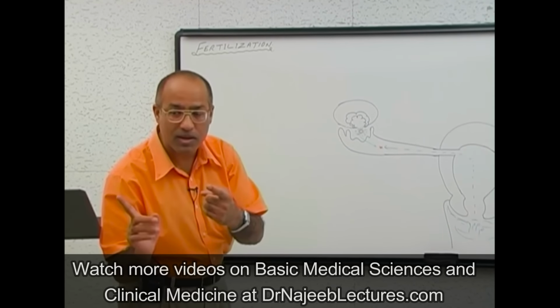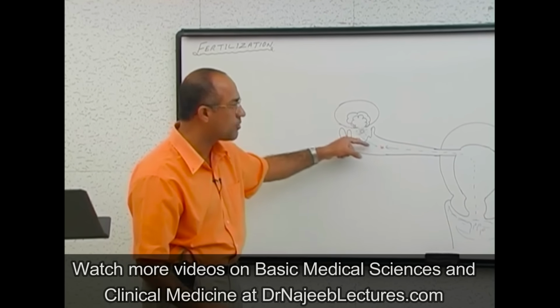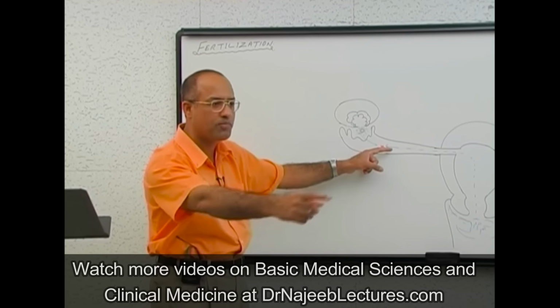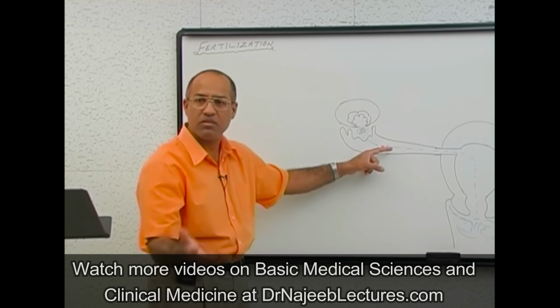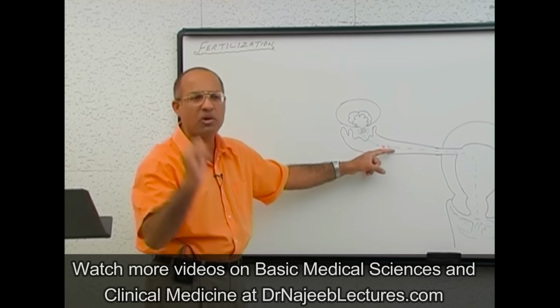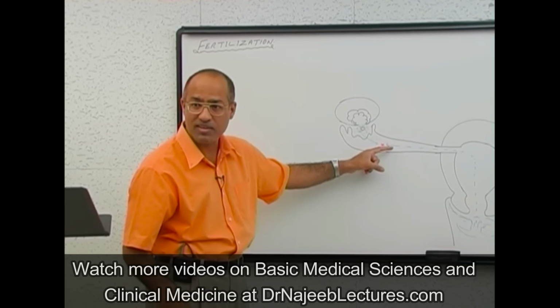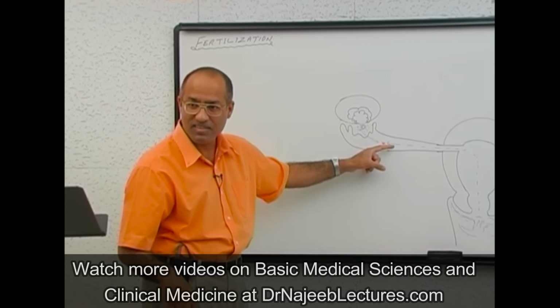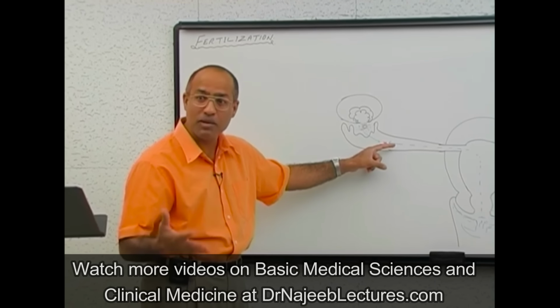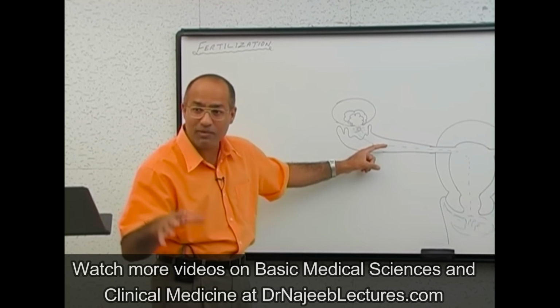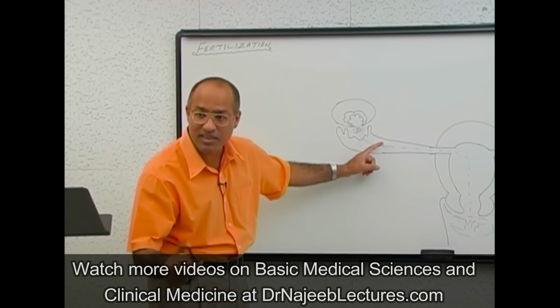But if sperm never comes, secondary ovum will move a little bit. And how much does it survive? What is the normal life of secondary ovum? 1 to 2 days. In most females, only 1 day. Only 24 hours. Again, this is a feminine behavior, not waiting long. As female reproductive years are less and male reproductive years are more, in the same way survival of ovum is less and sperm is more.